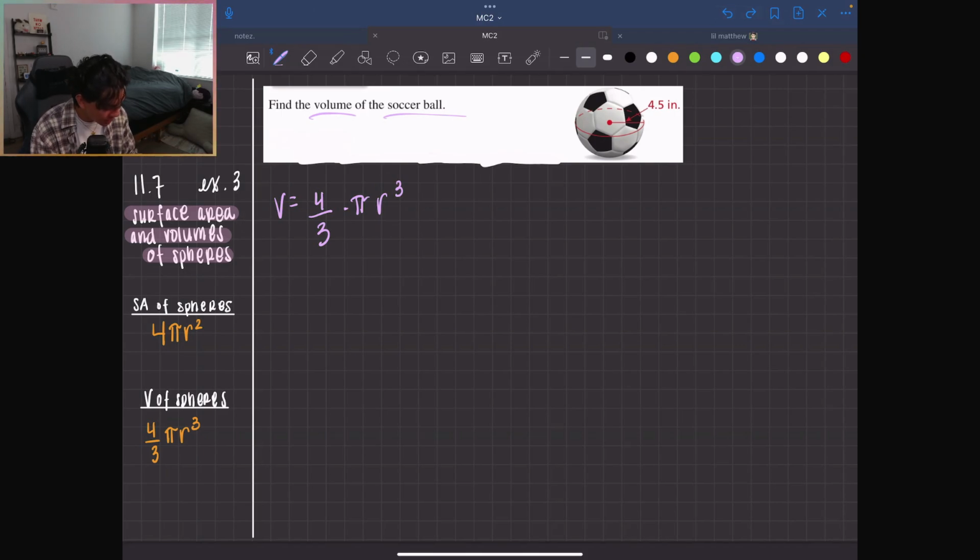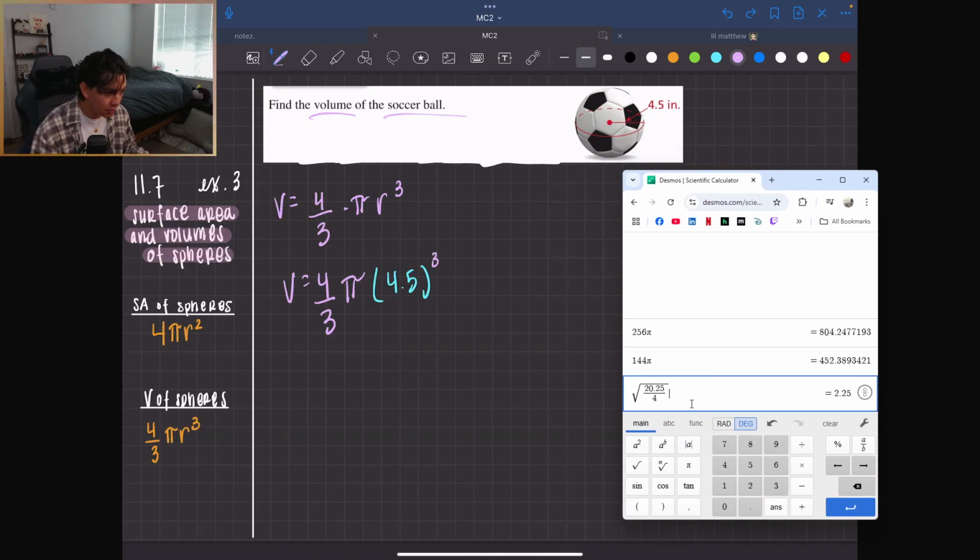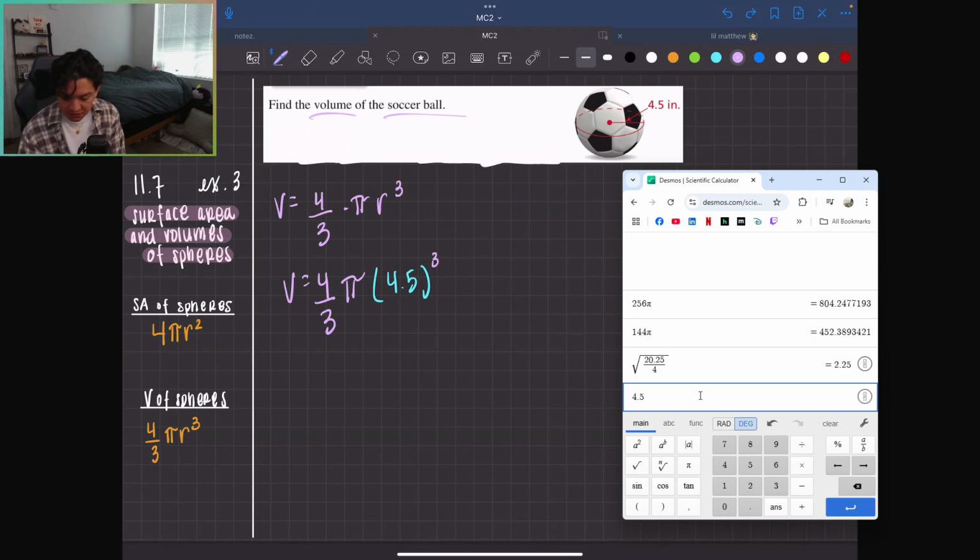So let's just substitute this value. So the volume is 4/3 pi, r is our radius, so 4.5 cubed. See, our radius here, 4.5. So let's go ahead and simplify this now. The first thing I'm going to do here is the exponent of 4.5 to the third power. So the volume is 4/3 pi times